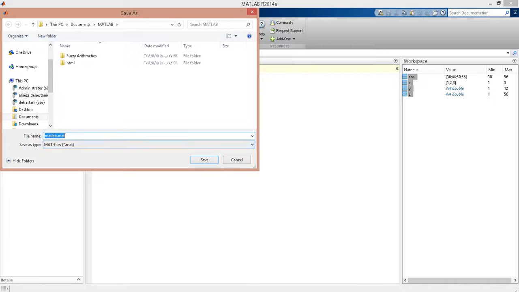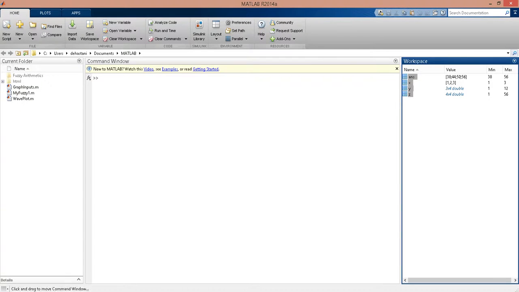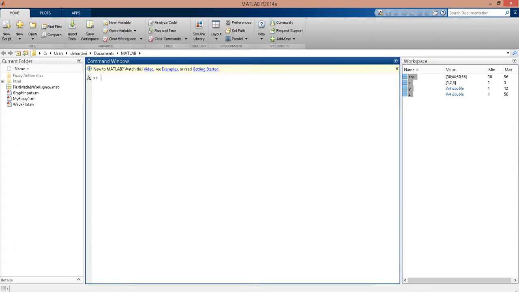For example, I can change the name for my first MATLAB workspace here, and I want to clear the workspace here, so I lose all of my workspace environment variables here,